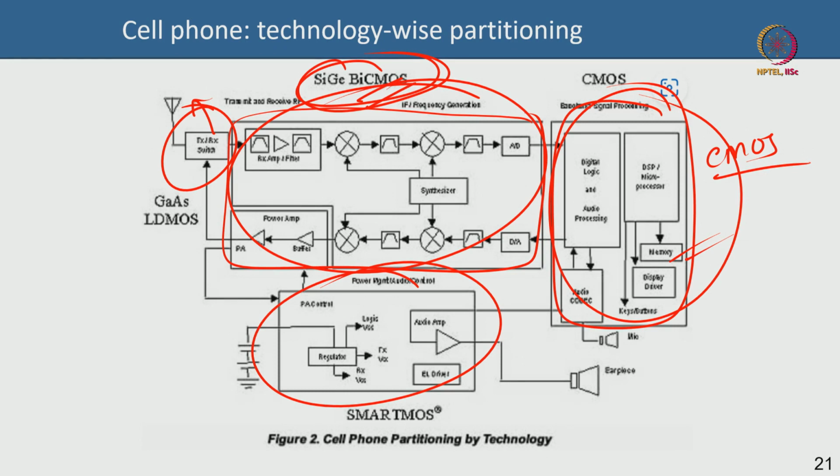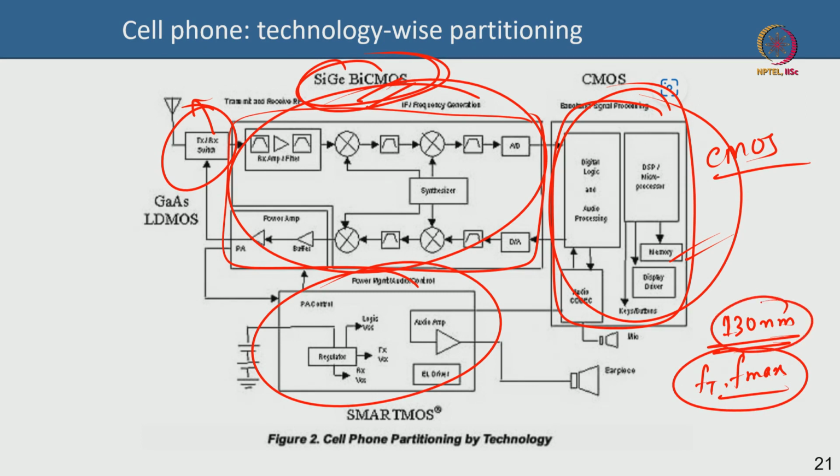Why? Because for a given node, for instance, I have a 130 nanometer CMOS node. If I use CMOS, the kind of cutoff frequencies that I will get, fT and fmax, those are cutoff frequencies. You know, they are like the maximum frequency at which you have gain of 1. So those cutoff frequencies, you have a certain value. Now you need a certain value of cutoff frequency which is not achievable by 130 nanometer. You have to go to a more aggressively scaled node such as 90 nanometer. Your cost will increase enormously when you go to a higher node. The foundry will give you a 90 nanometer node, but they will say, you know, the price is much